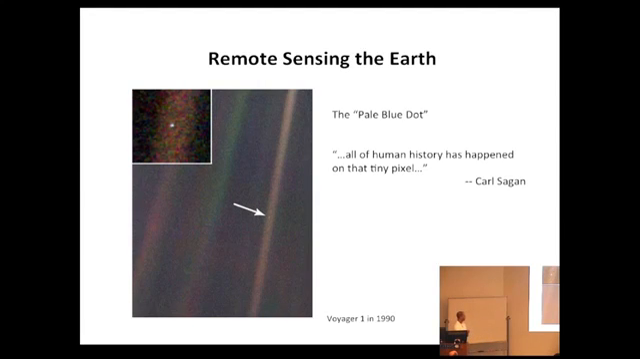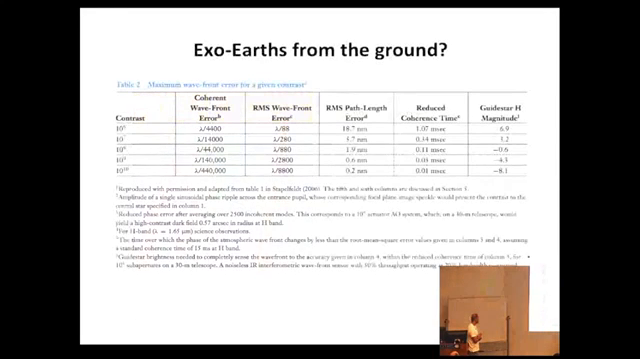So I just referenced here this pale blue dot picture, right, and Carl's really amazing quote: all of human history has happened on that tiny, tiny pixel. Maybe we can see a tiny pixel of another planet around another star that has a similar kind of history. So, how are you going to do direct imaging of an Earth around a sun-like star? I cannot remember where this table comes from, but the point of this table is to calculate